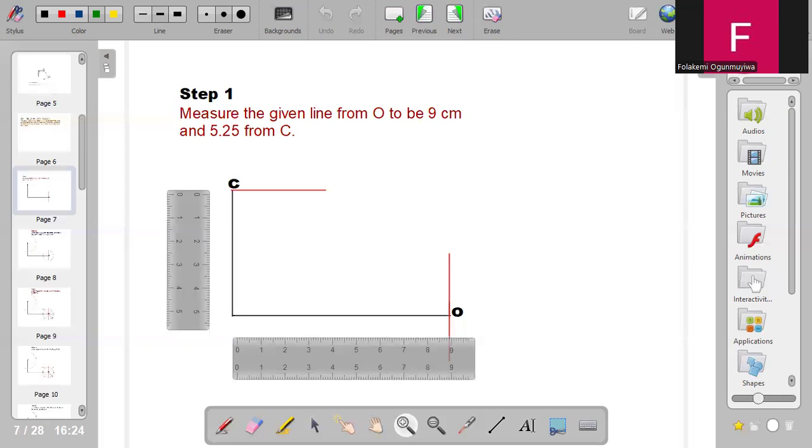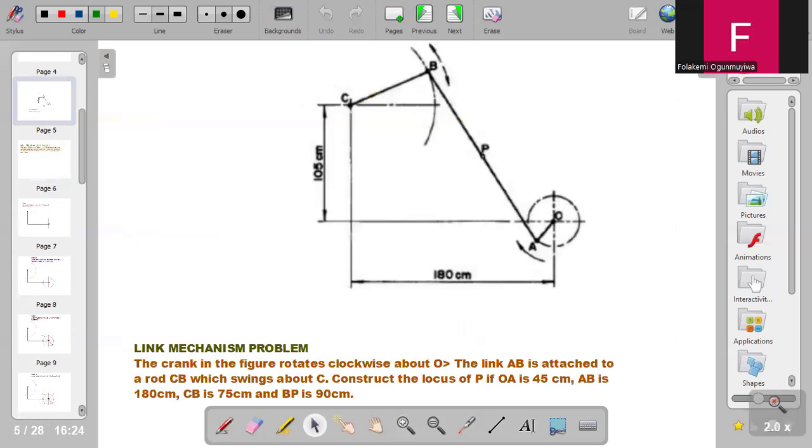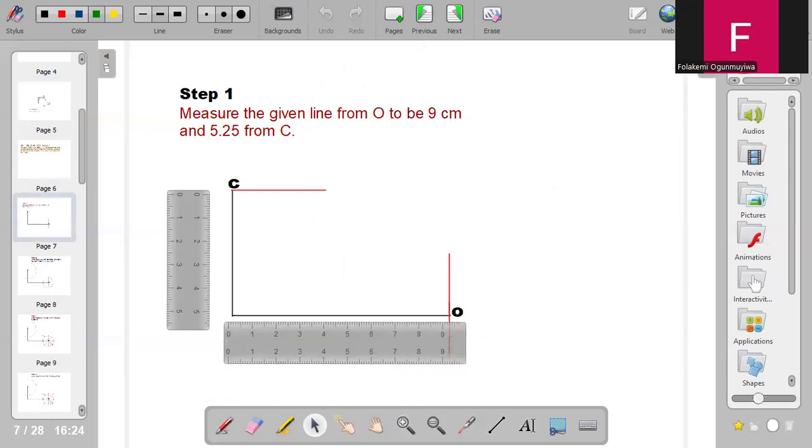So the first step is to measure the given line from O to be 9 centimeter. So guys, bring out your ruler and let's start the construction. Bring out your ruler and measure the distance. From the question, we're given a distance of 180. 180 divided by 2 will give us 9 centimeter. So 9 centimeter all the way from O. So your starting point is O. You measure 9 centimeter. Then from your 0 point, you also measure